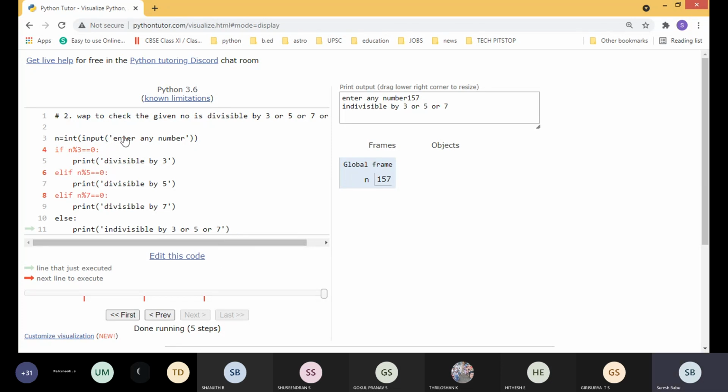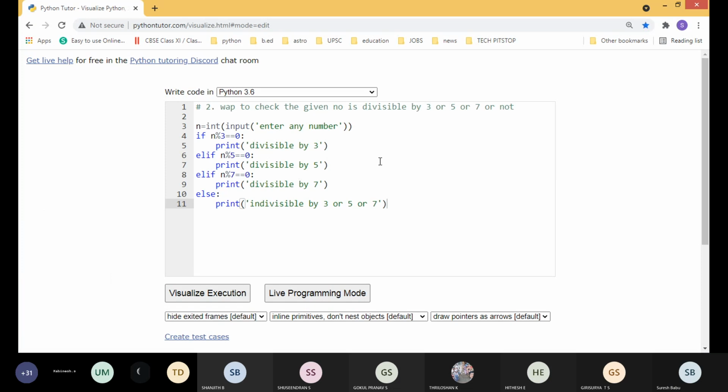Okay. Suppose the same kind of question, but they will ask: write a program to check whether the given number is divisible by both 3 and 5. How to change the condition, students? For example, in the same program, if you give input 15, the 15 is divisible by both 3 as well as 5.